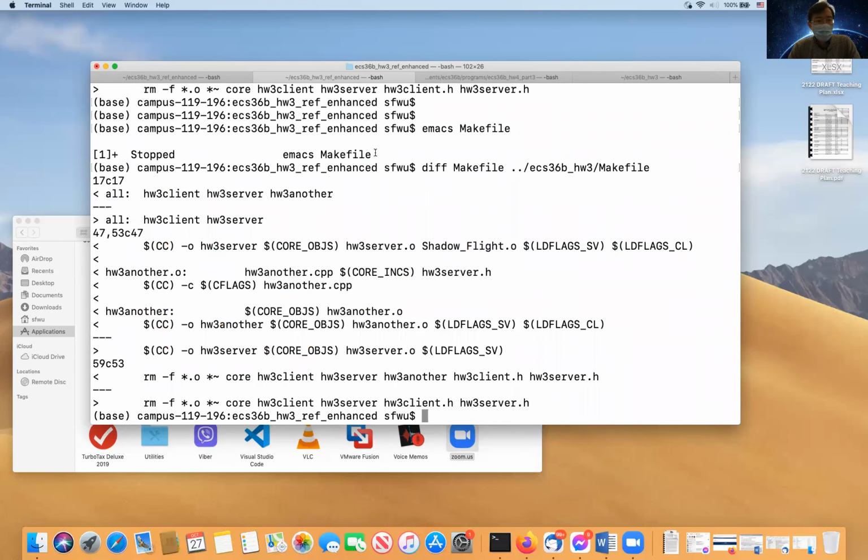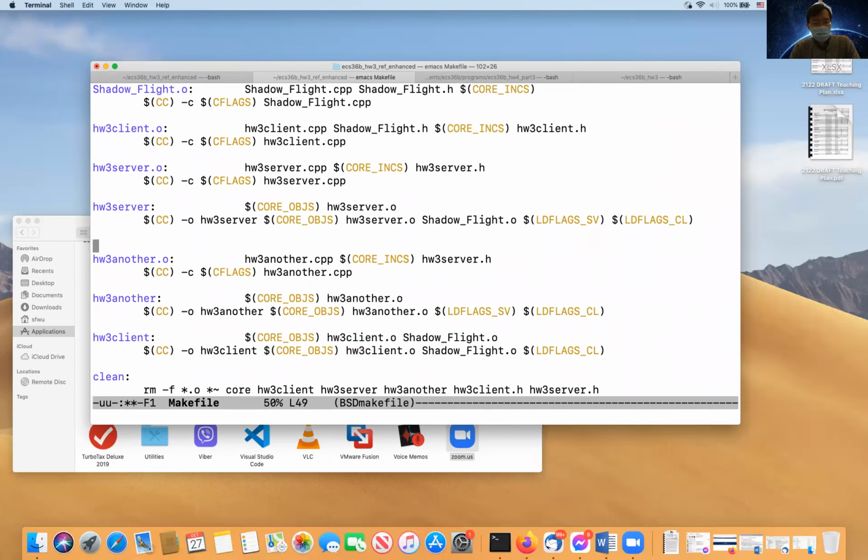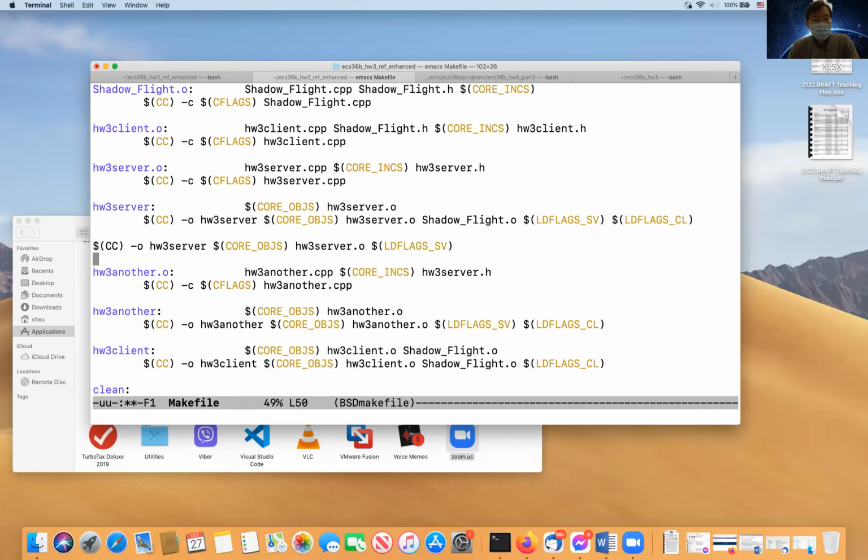Let me copy and paste. So the original line looks like the red stuff over here, and the new line looks like the line above.